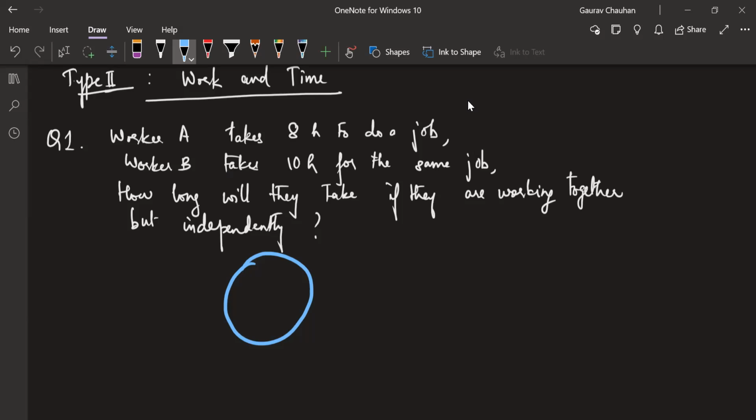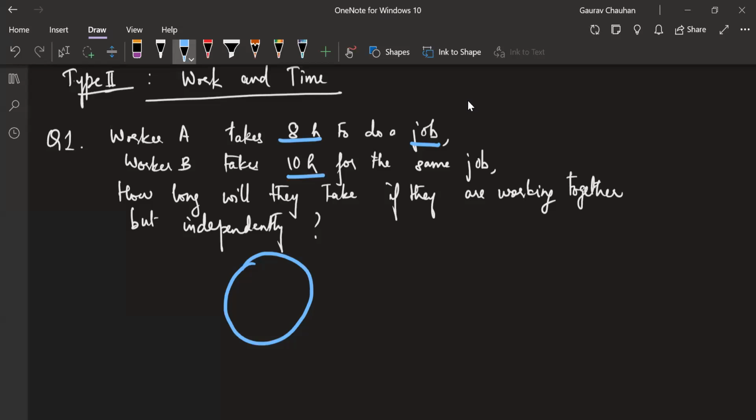Now worker A takes 8 hours to do that work, which is eat that full cake. Okay, worker B takes 10 hours to do the same work. What is that work? Eating a cake. It can be any work, we don't know. It can be building a